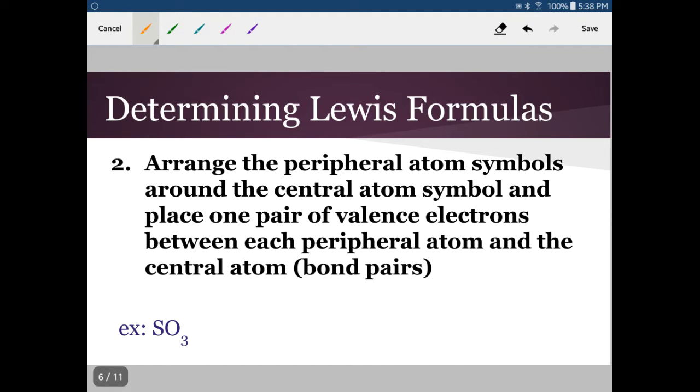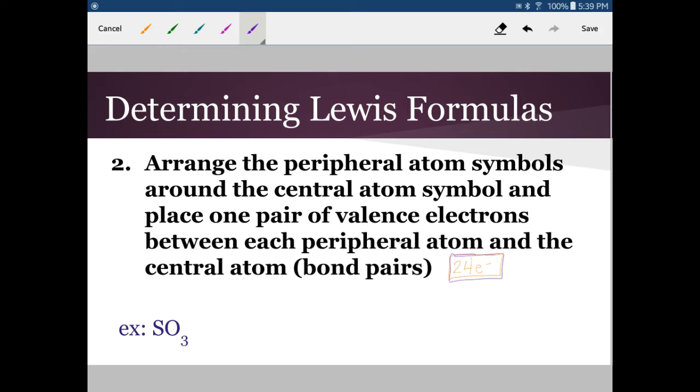So I'm just going to write that number down here, 24 electrons. Okay, that's what I get to work with. Make that a little bit better to see. Okay, so then it says arrange the peripheral atom symbols around the central atom symbol and place one pair of